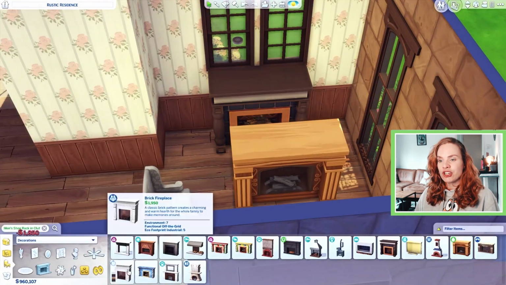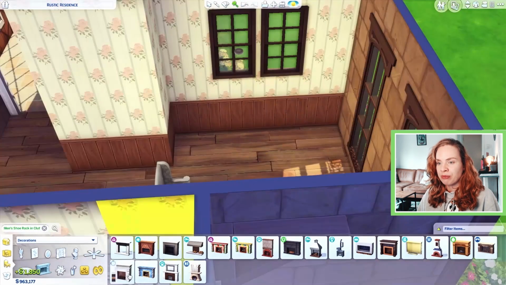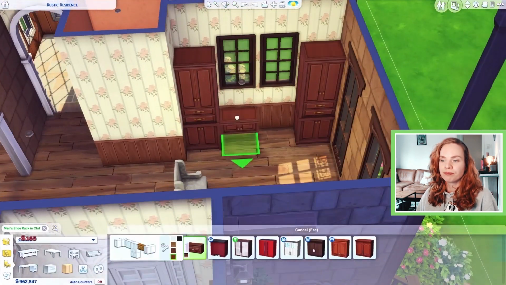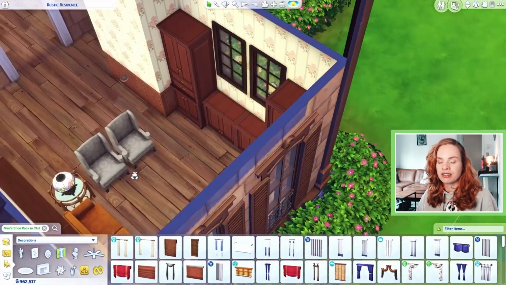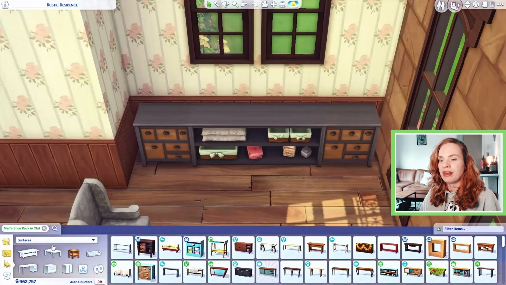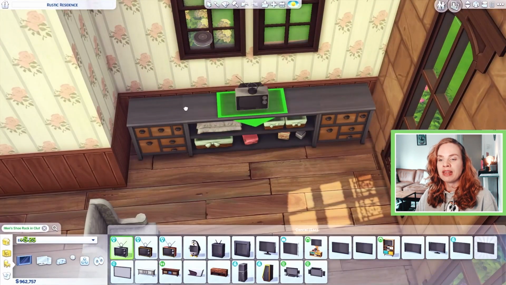And then the kids share a full bathroom upstairs, and there is a half bathroom downstairs right here attached to the living room area. And then, like I just said, the parents do have an ensuite. And upstairs, there is also a nice and spacious office area, because I felt like the mom